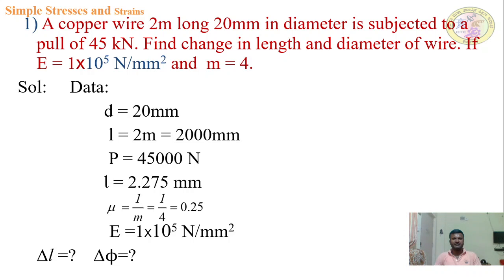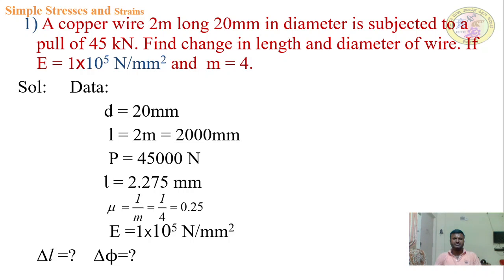A copper wire 2 meter long, 20 mm in diameter, is subjected to a pull of 45 kilonewton. What do we need to find out? Find the change in length and diameter of the wire, if